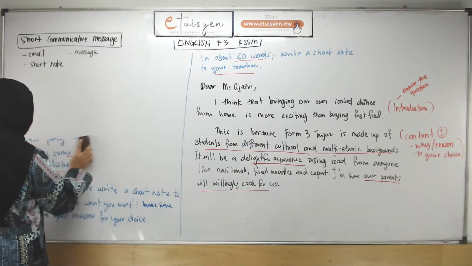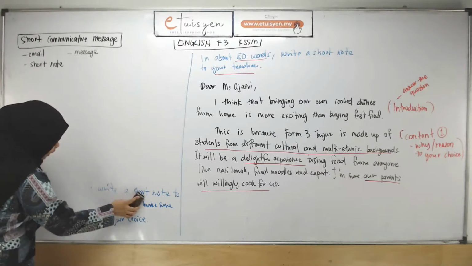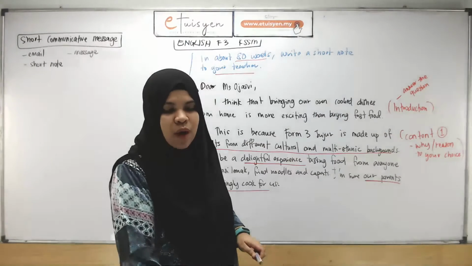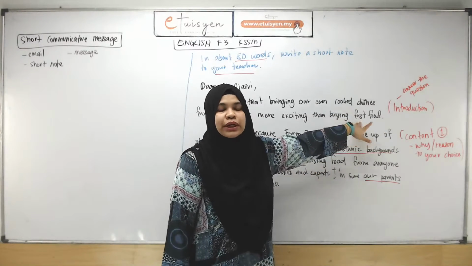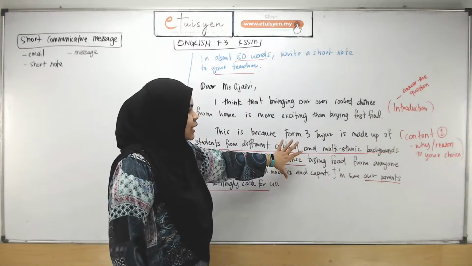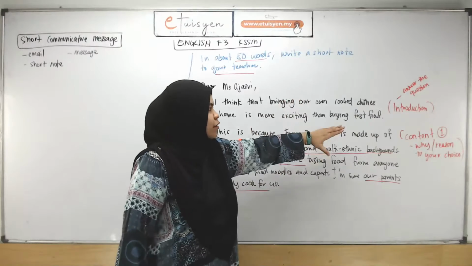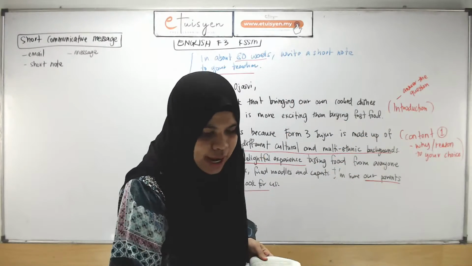So second paragraph, what you do is you write another content paragraph. You write another content that is telling why you don't choose. Say for this one, second choice is buying fast food. Kenapa I tak nak? Okay, yang ni kenapa I nak bawa home cooked dishes. And then I'm gonna say also the reason why I don't want that. Okay, so why